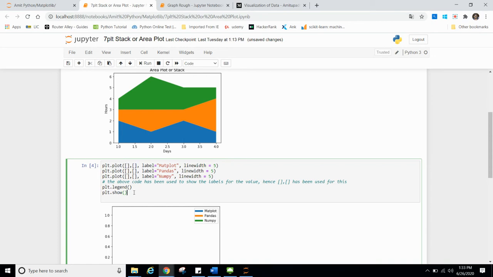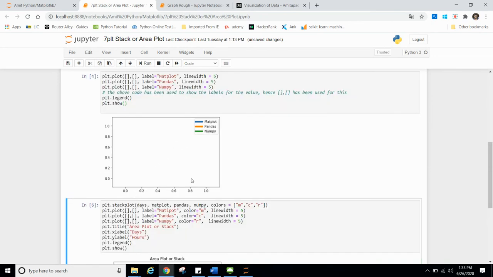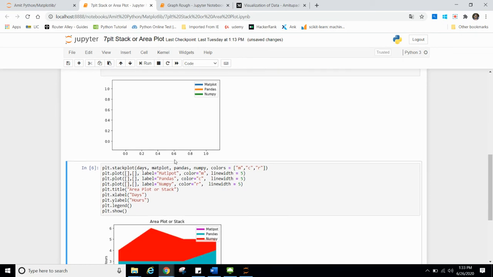Okay, now we can just print this value. So you can see we have this label and the empty space. Now we will add this in our graph. So earlier we have seen the stack plot. Now for colors, we have given a list for different colors. M, C, and R, we can use different colors. So let's change it to blue. This is only to print the labels, and everything else remains the same.